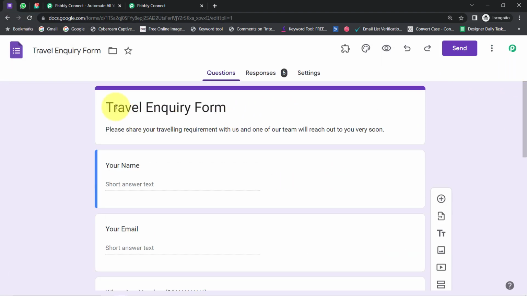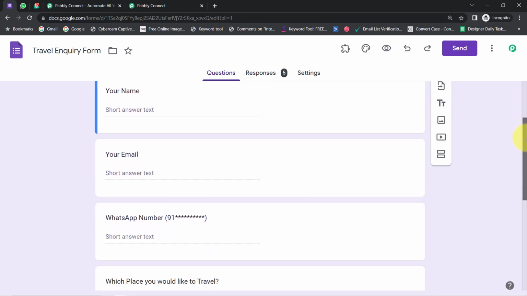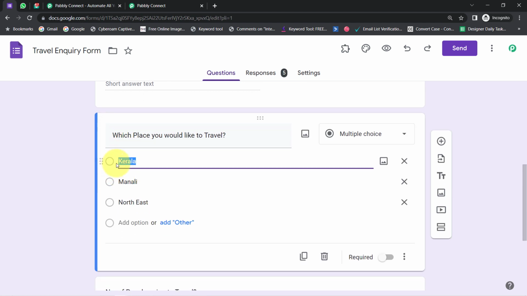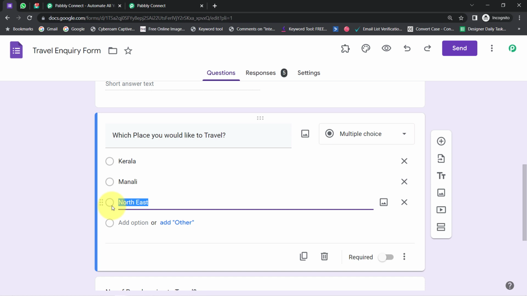Here you can notice I have created this travel inquiry form where I'm collecting basic details like the name, email, WhatsApp number, and which place they would like to travel. If the customer selects Kerala, I want the Kerala brochure to get sent on his WhatsApp number. If he is selecting Manali, then the Manali brochure should be sent automatically, and if he is selecting the Northeast option, the brochure of Northeast should be sent automatically. And how am I going to automate this process,